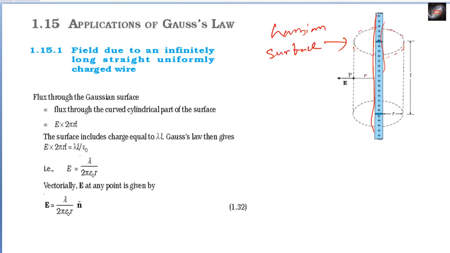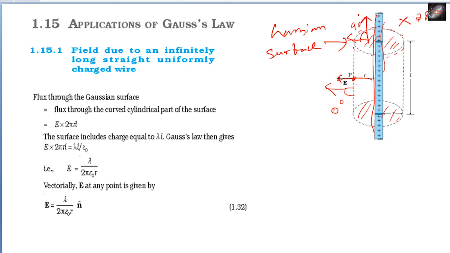Let us consider this is a cylinder of radius r. At this point, the electric field is along these directions, and at this point, the electric field is along these directions. अब इधर देखिए जो curved surface area है, इसका direction इस तरफ है, और ये जो circular surface area है, इसका direction इस तरफ है. तो ये जो angle आएगा, this is 90 degree, and here the angle is 0 degree between the electric field and the surface area. So ये दोनों जो ऊपर और नीचे वाला circular surface है, इसका flux में कोई contribution नहीं आएगा.